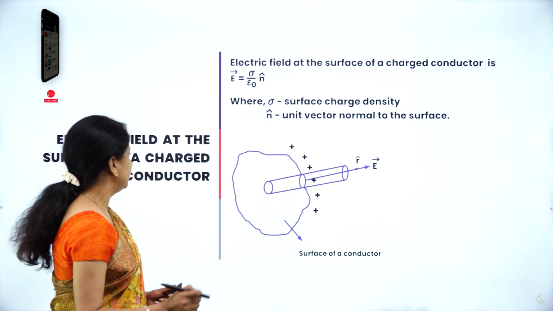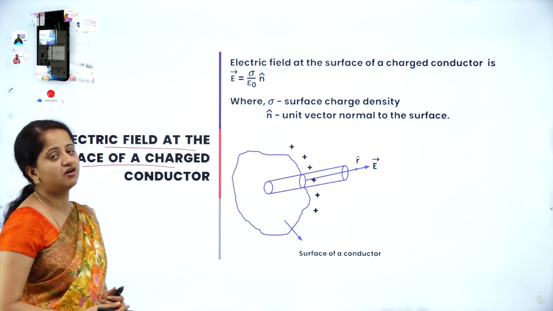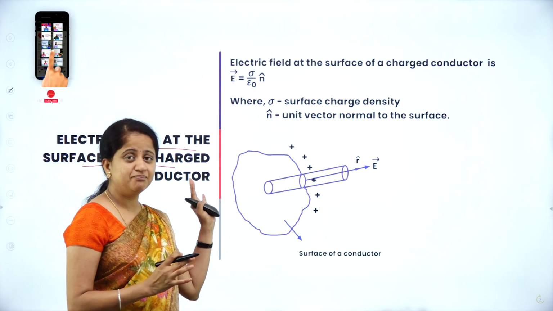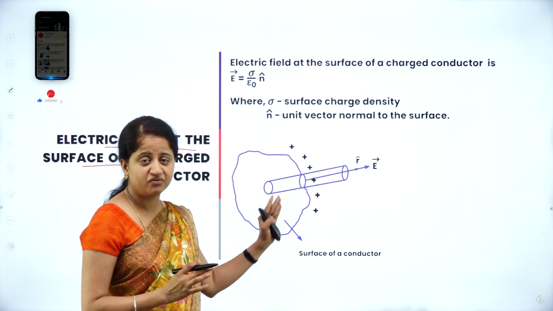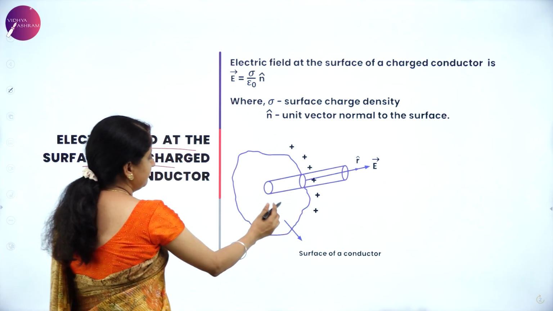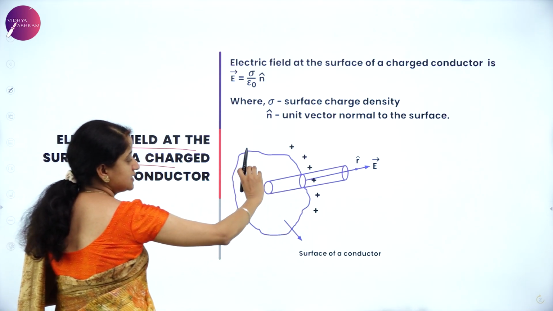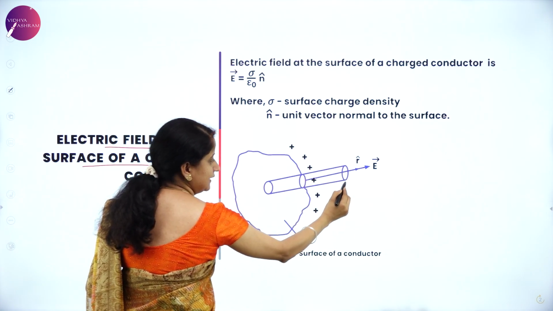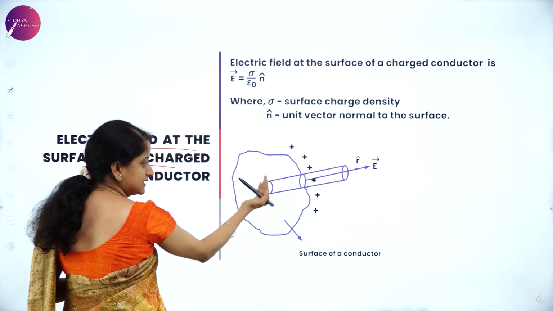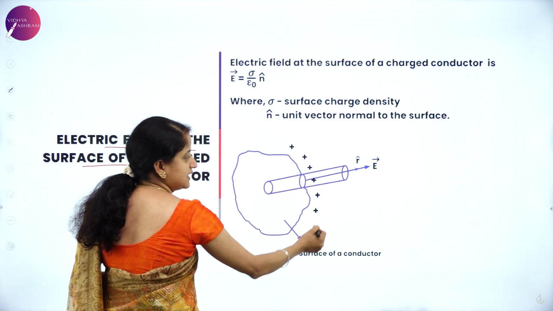In this session, we are discussing the electric field at a surface of a charged conductor. So, we are talking about what is the impact of electric field, what is the expression for electric field at a surface of a charged conductor. For this, I have considered a surface of a charged conductor as well as a cylindrical surface. You can see here the cylinder is partly inside and partly outside, and on this surface the charges are